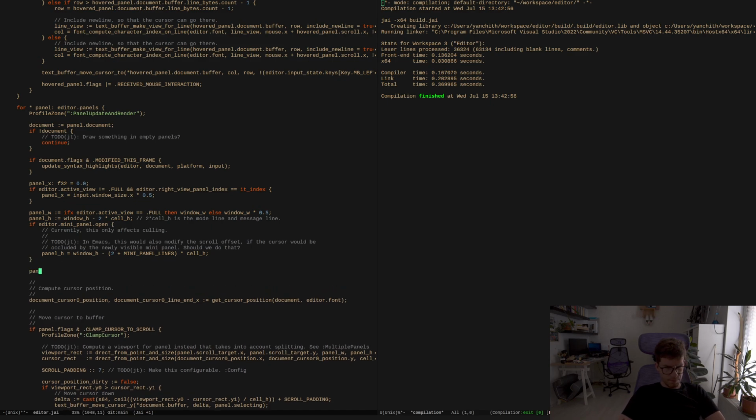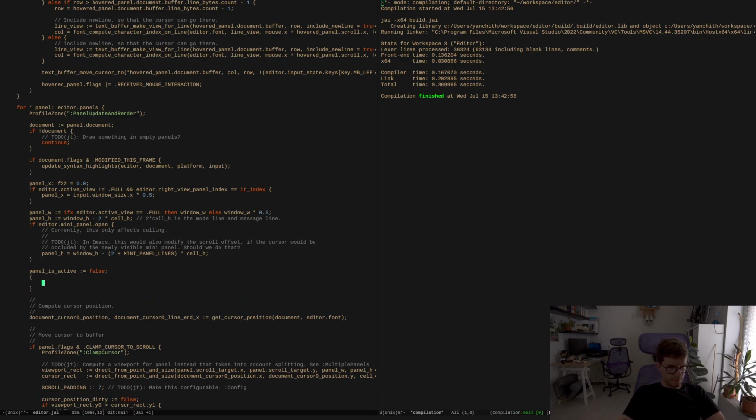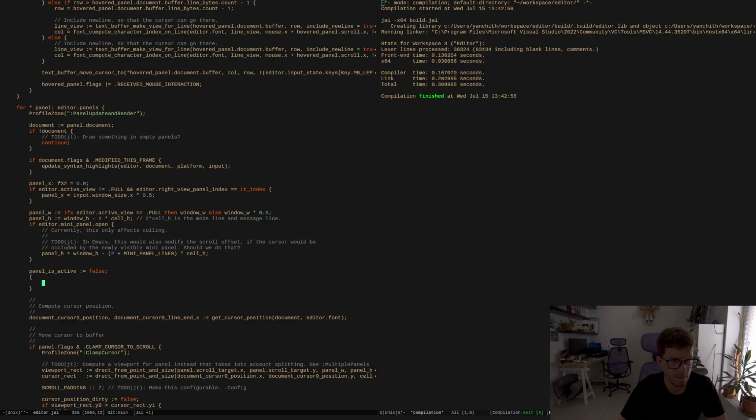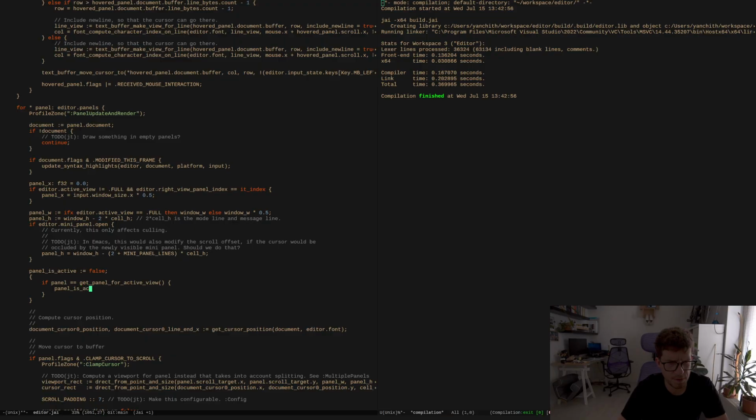Maybe like panel is active, false, and then we do our local work block, which says something like, do we just call, if panel is get panel for active view, panel is active is true,